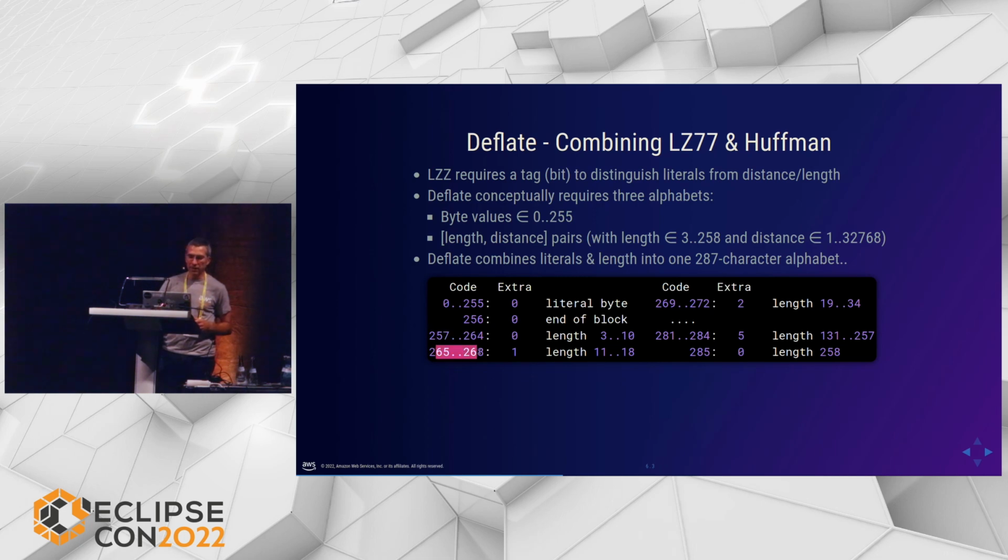Then 256 to 268 represent 11 to 18. But you see this is only 4 bytes, and they represent 8 lengths. That's because they use an extra bit from the input stream. So if Inflate reads one of these codes, it knows that it has to use one more character combined with these 4 bits, and then you have 4 bits to encode the lengths,